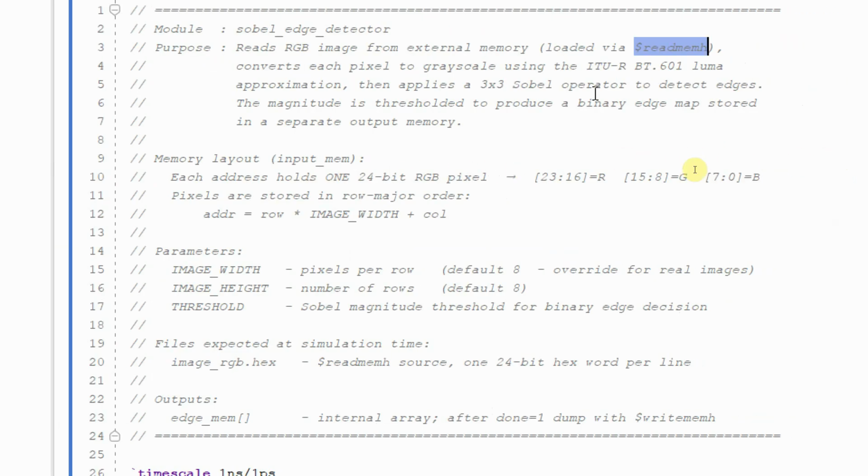I will explain it to you. After that, we are going to apply a 3x3 Sobel operator for detecting the edges, right? Then the magnitude is thresholded to produce a binary edge map stored in a separate output memory. So that is what we are going to perform. The first step is to read the external memory into our Verilog file, and then convert the color image into a grayscale image. Why are we converting this? We have already discussed it in our previous session. Next, we are going to perform the Sobel operator,